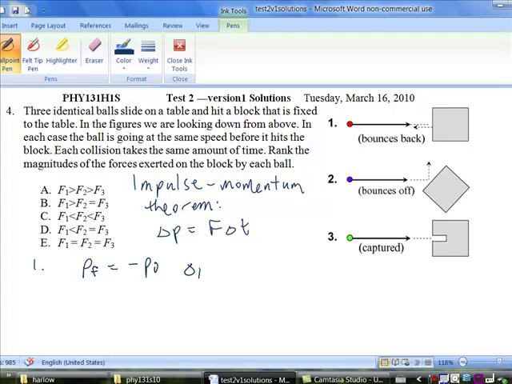So delta p is going to be negative, right? So negative p initial minus the p initial, so it's going to be negative 2 times p initial. So it's going to be 2 times p sub I is equal to F1 times delta